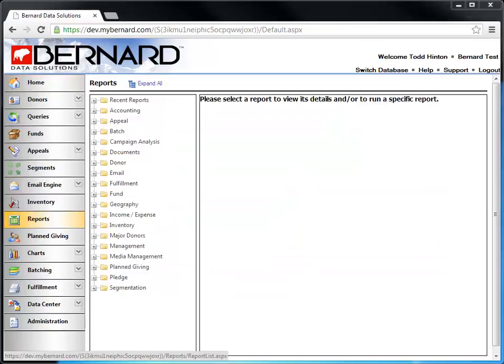I want to make a couple quick comments on two changes and a new enhancement to the report section of Bernard. One is related to the behavior in terms of how delivery of reports are run. Typically, as you know, whenever you run a report, most of the reports are delivered to you in real time. We do our best to ensure the highest performance of any of those reports that come out, but some reports,